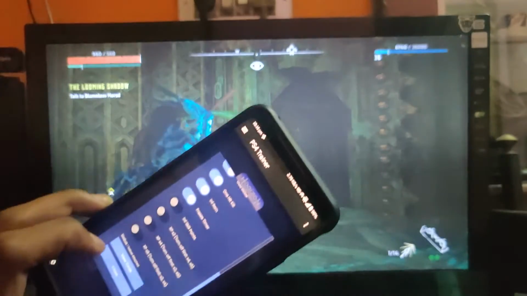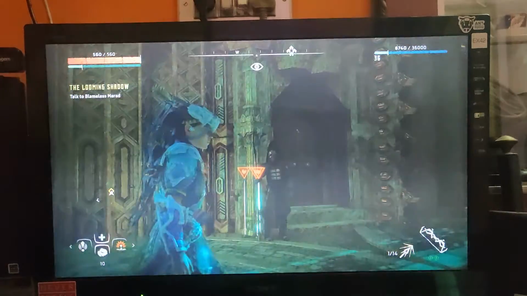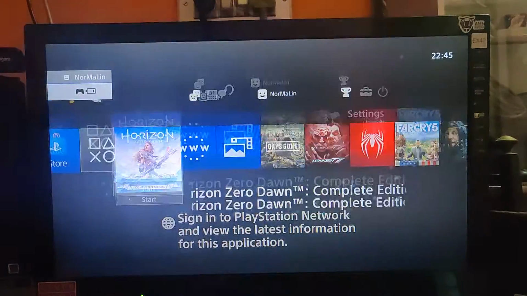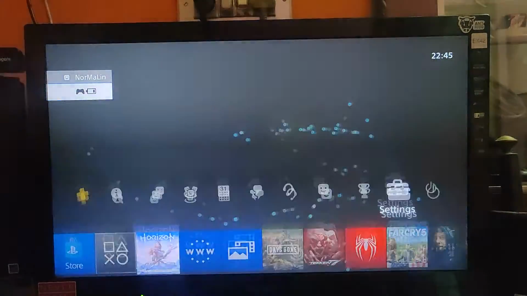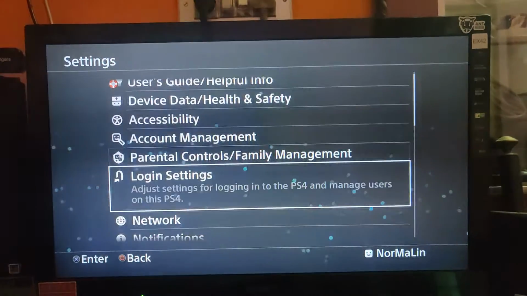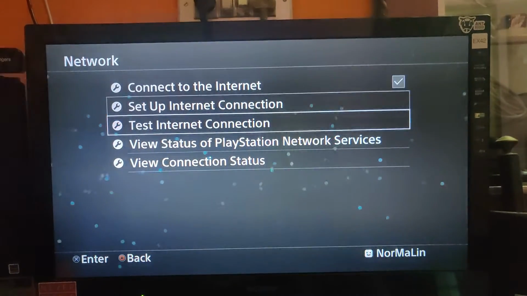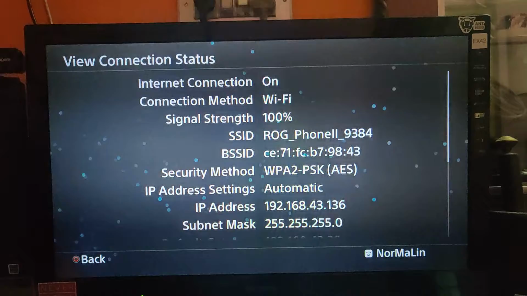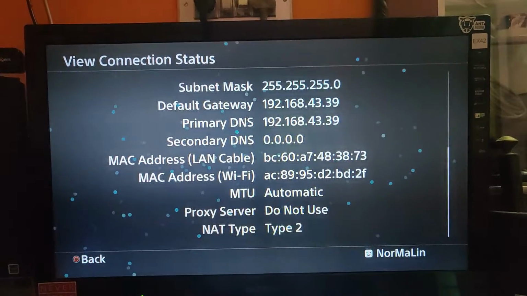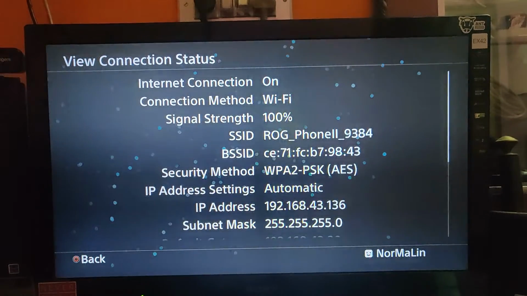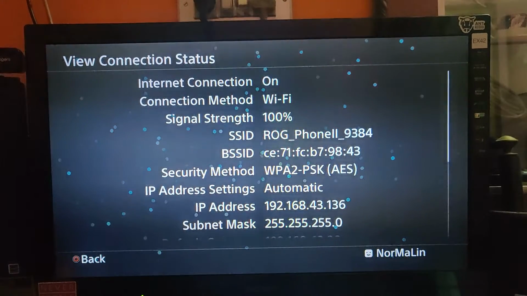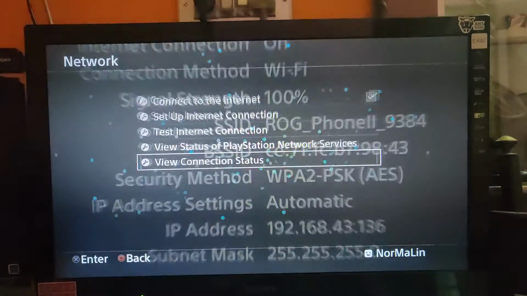So the same procedure goes for all the other games. As you can see, I'm still connected to the same network. Your phone network and the PS4 network should be the same in order for this to work.